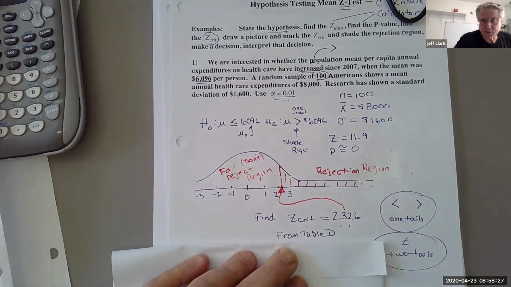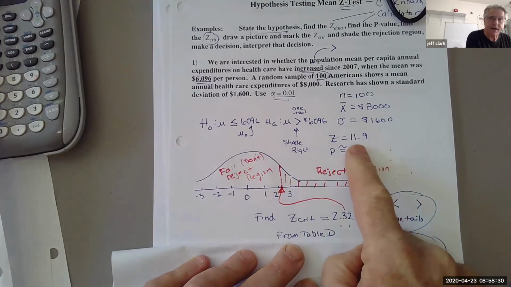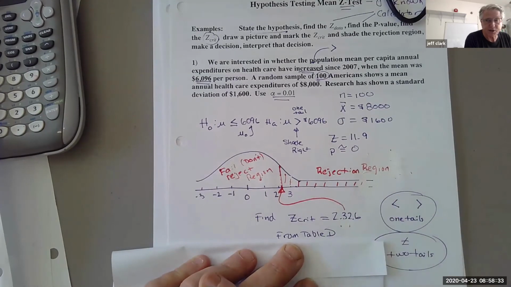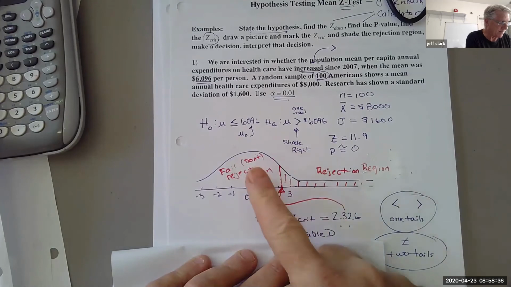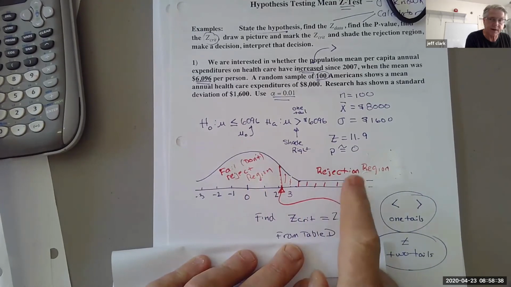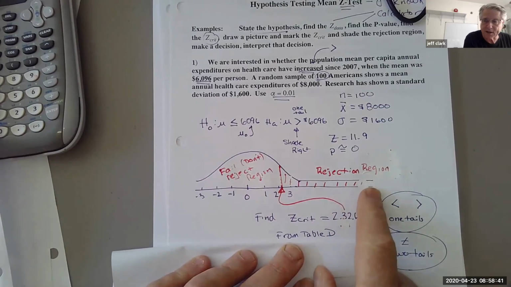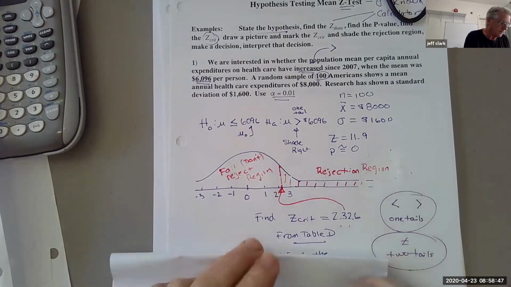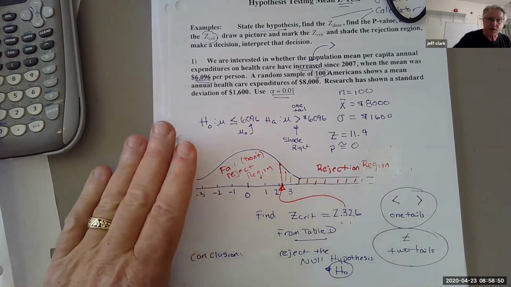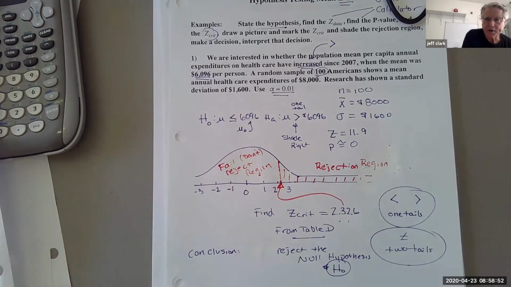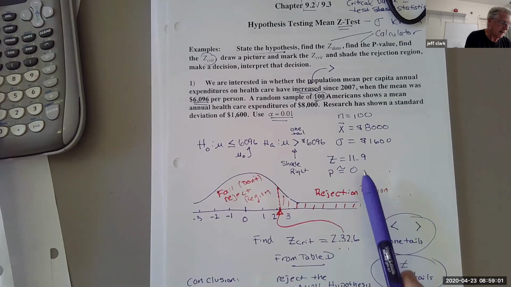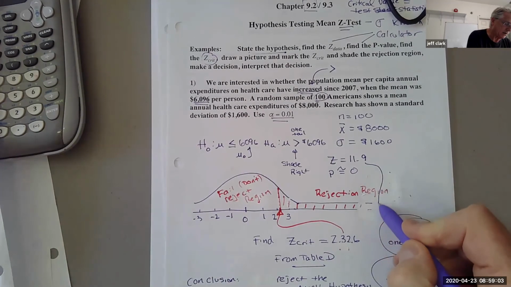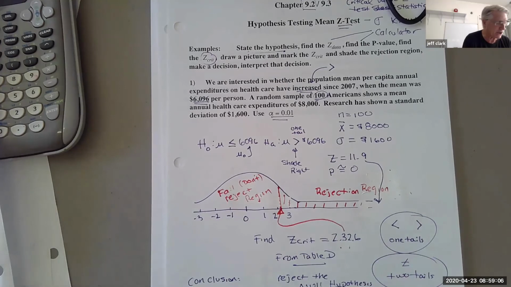So what you're going to do is look at the number that we came up with on the calculator and just determine whether it sits over here or over there. 11.9 sits over here on the right-hand side, way over here. So it's like we strongly reject. And it's all based on the null. You're trying to determine whether you reject or don't reject the null. In this case, because that number sits way on the right-hand side, strong rejection,